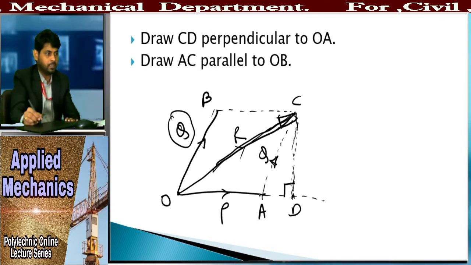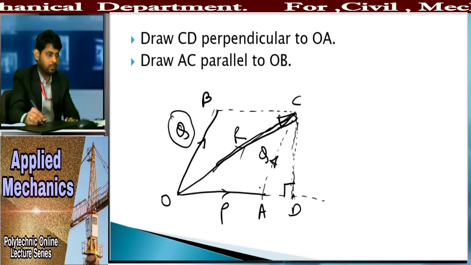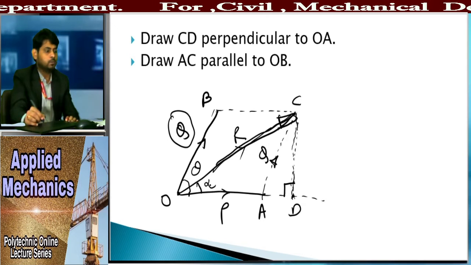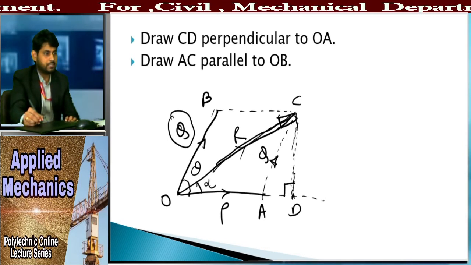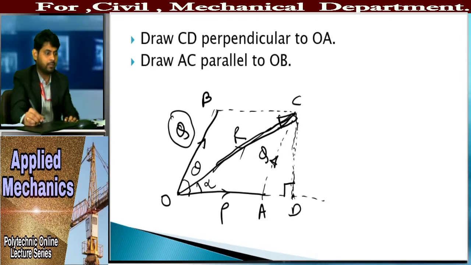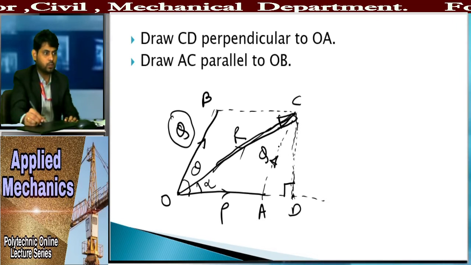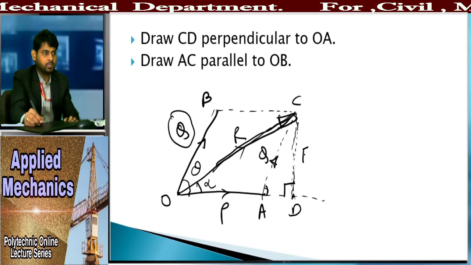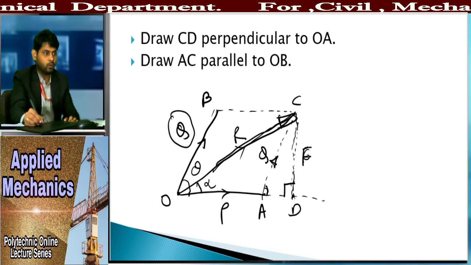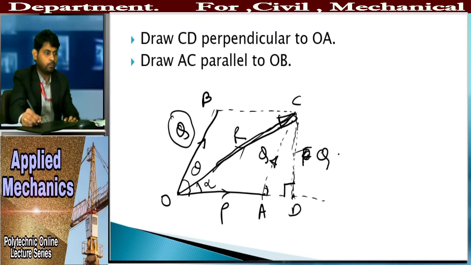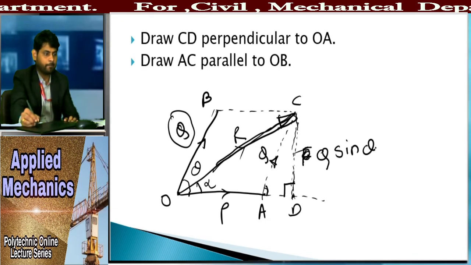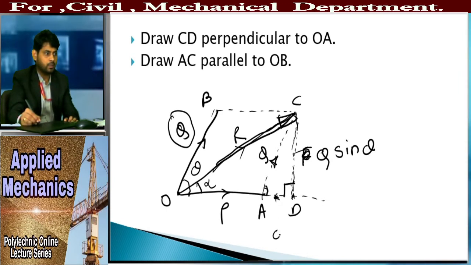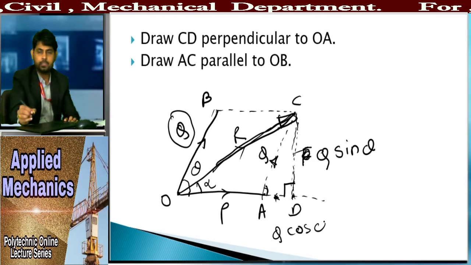Now see here, this is the angle theta, and this is the angle alpha, right? So now you can see here, this is nothing but the vertical axis. So this is your hypotenuse. So for this, suppose here is your angle, right? So this is the vertical. So we can write it as hypotenuse Q multiplied by sine of theta. Similarly here, from here your force would be hypotenuse Q into cos of theta, right?